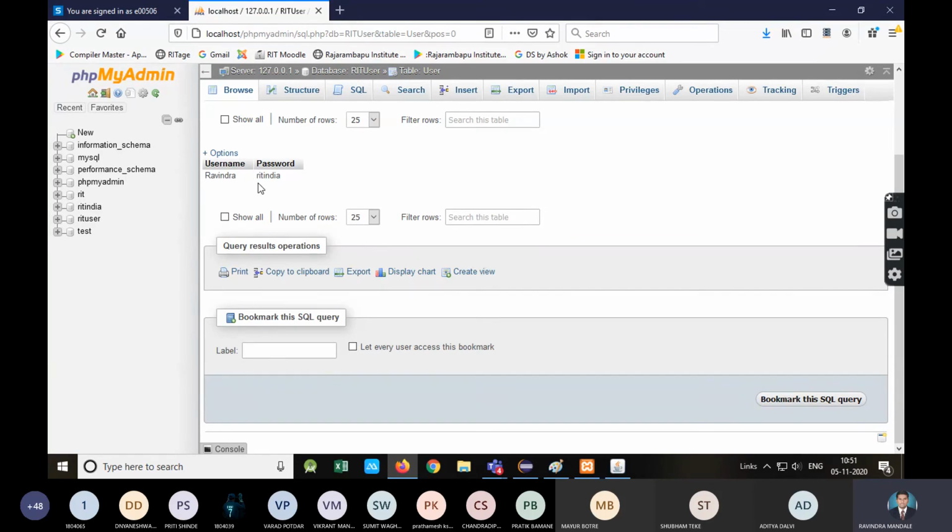Getting? So actually in professional development, this password is also encrypted. That means no one can directly see that password. So if any developer from that company opens that database, then also he can't see that password. He can reset password, but he can't see the password actually.